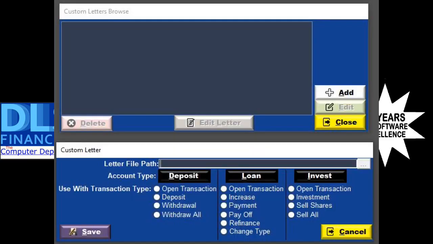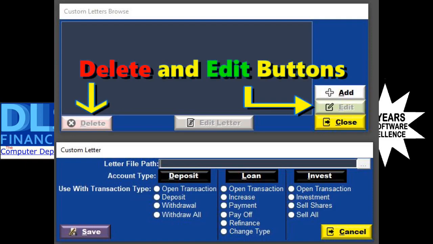When you go into the Custom Letters list, you will see the list of custom letters already configured. If you highlight one of them, the Edit and Delete buttons, if you have permission to delete, will turn on. Clicking on the Delete button will remove the record from the system. Double-clicking on the custom letter or clicking on the Edit button will open the form to edit the switches that